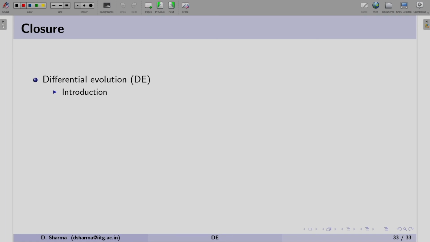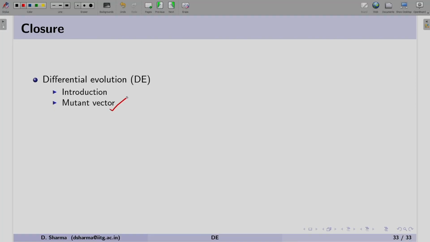So, here we have come to the conclusion of this particular session. What we have learned in this session about differential evolution is, first, we introduced differential evolution. We understood that DE borrowed an idea from evolutionary computation, because it uses multiple solutions or vectors, operations are performed to create new solutions, those new solutions are compared, and the best one is kept. The second idea was borrowed from the vector operations in the simplex search method.